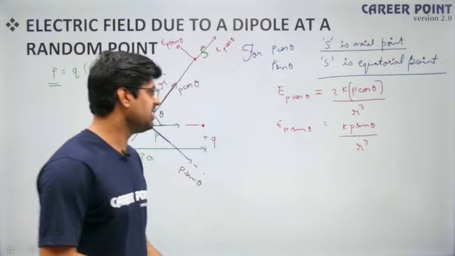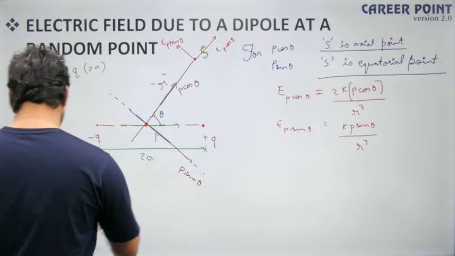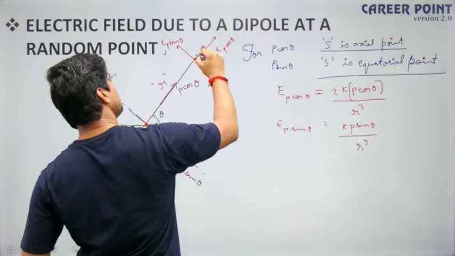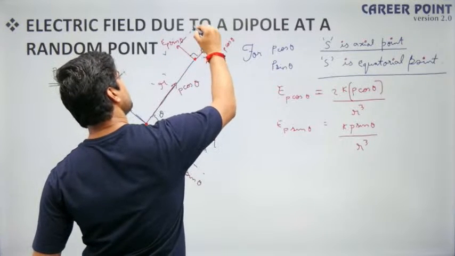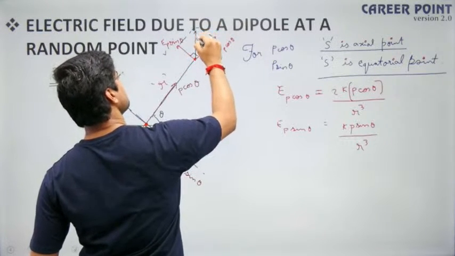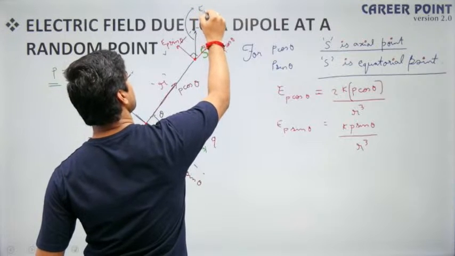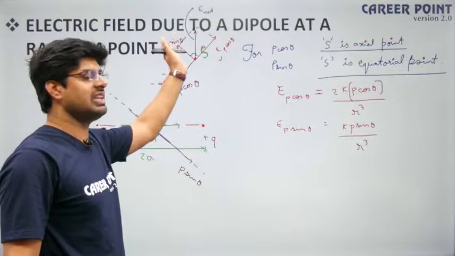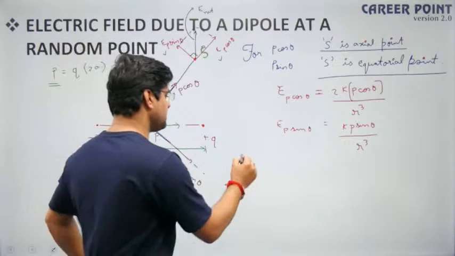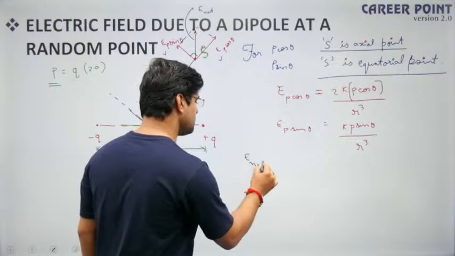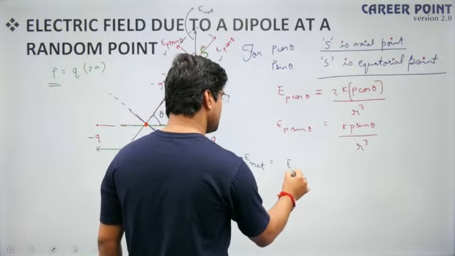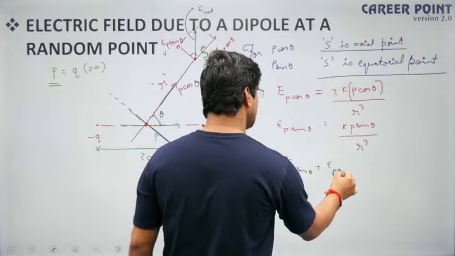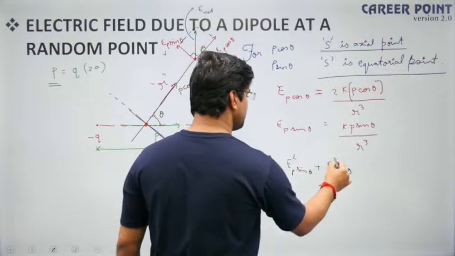So now we are having two components. Focus here. This is component 1, this is component 2, and they are perpendicular to each other. So somewhere in between them, somewhere here, the resultant electric field will be present, E net. E net will be present in between E P cos theta and electric field due to P sin theta. So how are we supposed to find that? E net is equal to under root of E P sin theta whole square plus E P cos theta whole square,